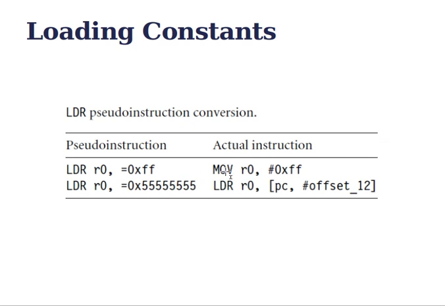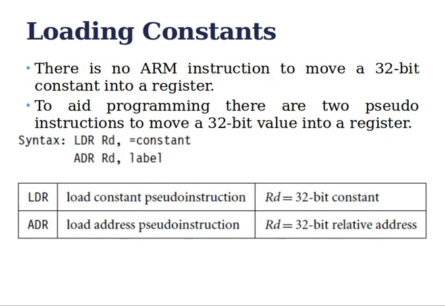That range is defined by the designer. When it is beyond the range, we replace that instruction with a pseudo instruction. This pseudo instruction is processed by the assembler itself, and during assembly